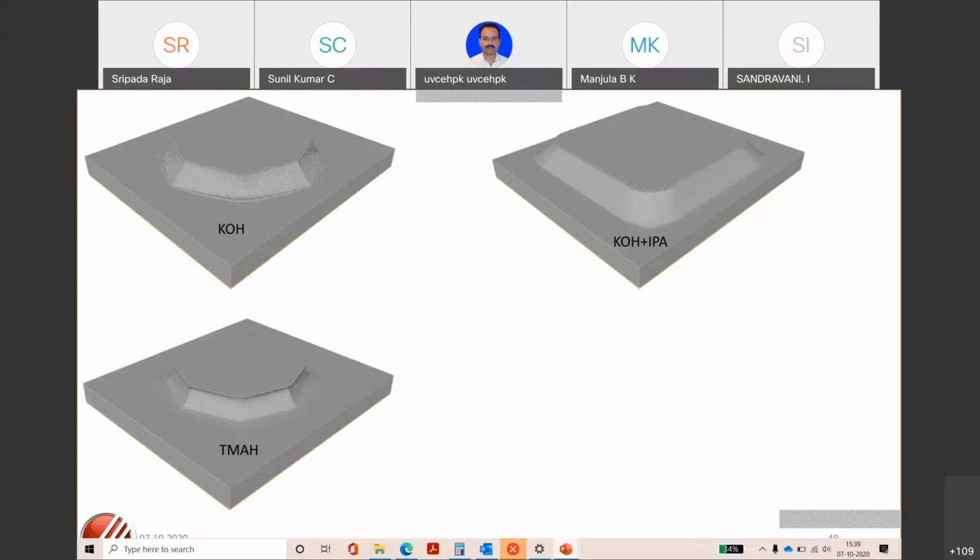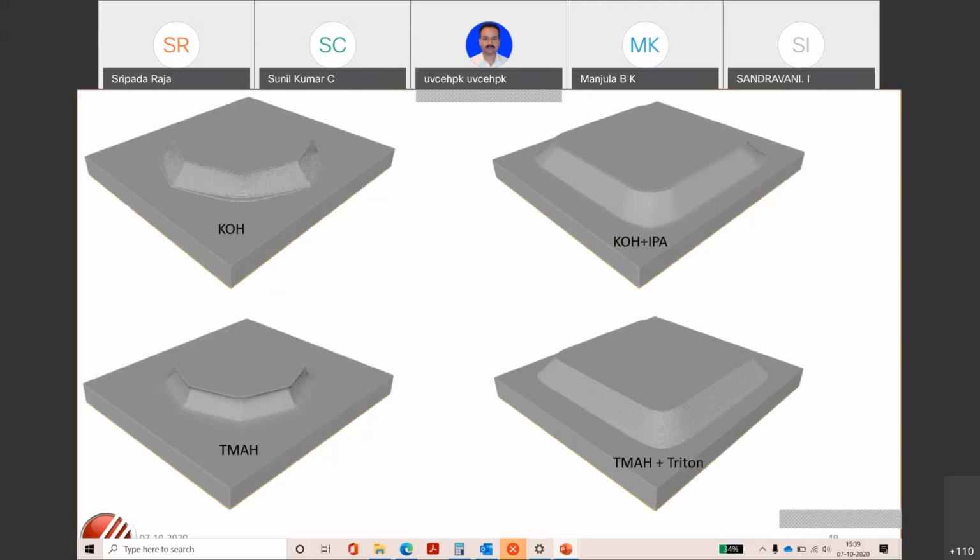That leads to a lot of other problems, ESD, electrostatic discharge, and others. So that's why TMAH is used on the safer side. Here we add Triton, which is a surfactant, in TMAH with some volume,